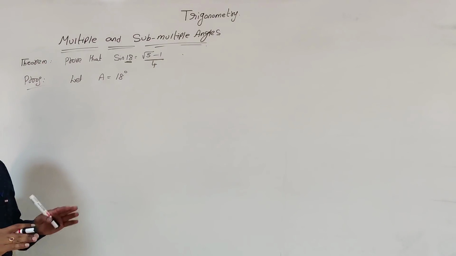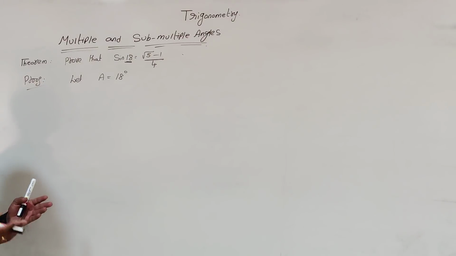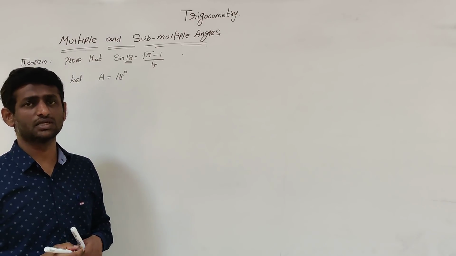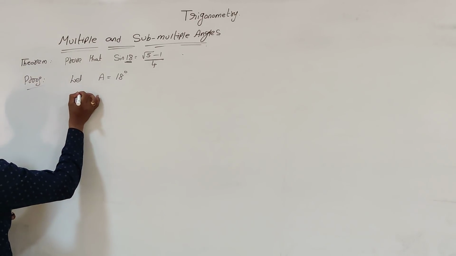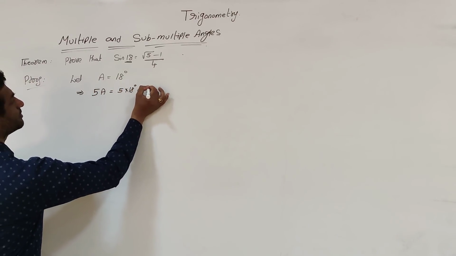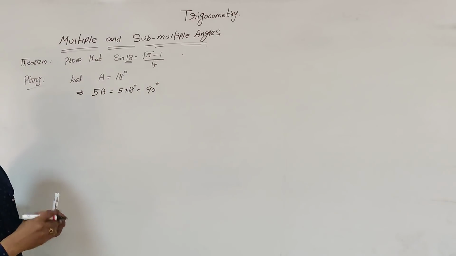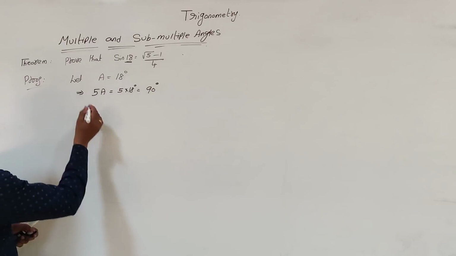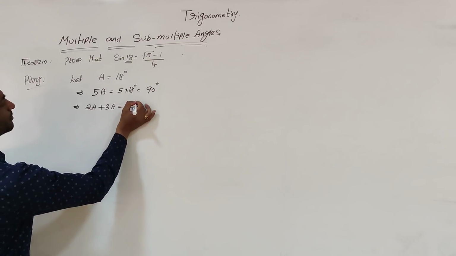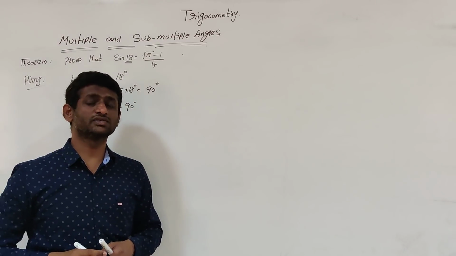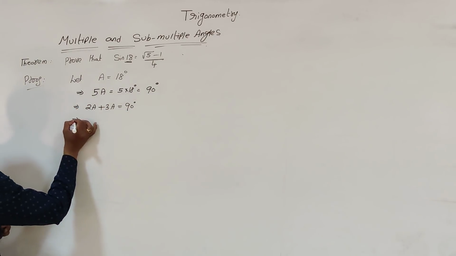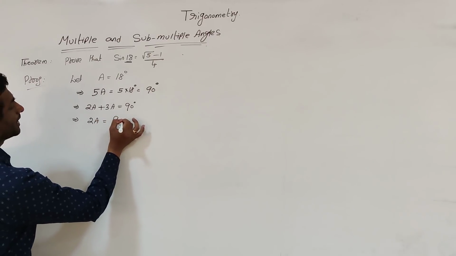So we don't know this directly. What we have to do is, we know the trigonometric ratios for 90 degrees, or sine of 90 minus theta or sine of 90 plus theta. So if you multiply 5 times A, 5 times A will be 5 into 18 degrees, that will give you 90 degrees. Means 5 times A will be 90 degrees. 5A can be written as 2A plus 3A is equal to 90, because we know sin 2A as well as cos 2A, sin 3A as cos 3A, and 2A can be written as 90 minus 3A.